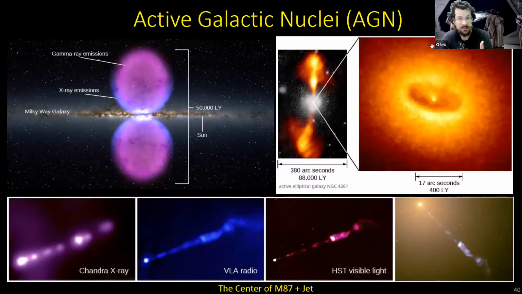But when you throw something into a black hole, rip it apart, and it comes down and releases gravitational energy, it can go up to actual percentages or tens of percent of its rest mass being released as gravitational energy. So you have like a factor of 1,000 in the efficiency of the process and the amount of energy you can release. So a black hole accreting matter is a lot more energetic than just a star burning fuel.